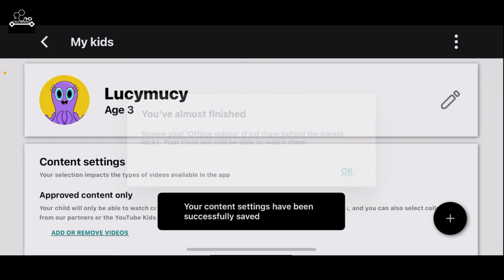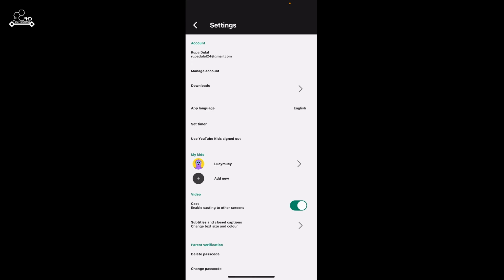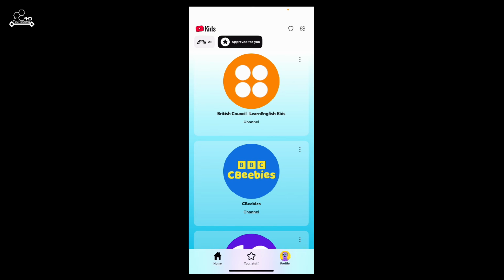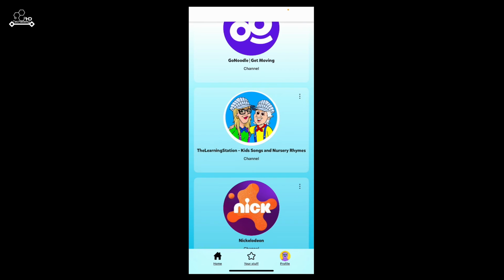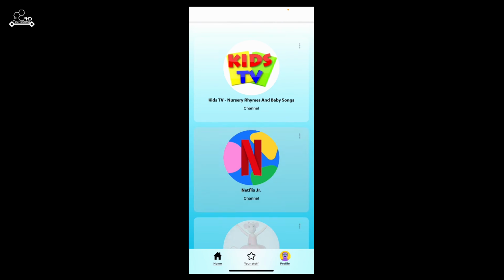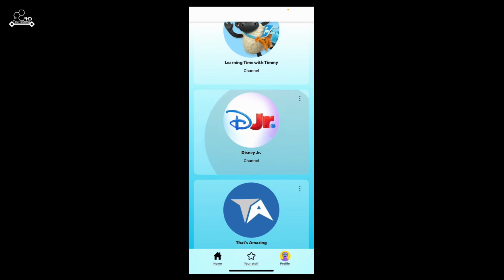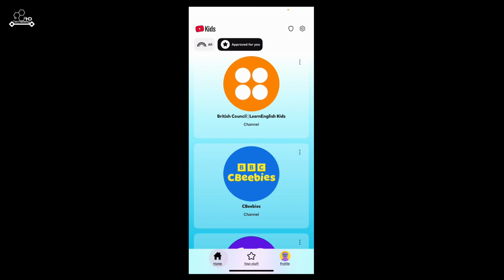Right after you do that, you can then get back to the home page of YouTube Kids, and there you will be able to see the Approved For You category at the top, and your child can watch all of the approved contents on YouTube Kids that has been personally approved by you. You can always edit approved content by returning to the same settings. This feature ensures full control over what your child watches,